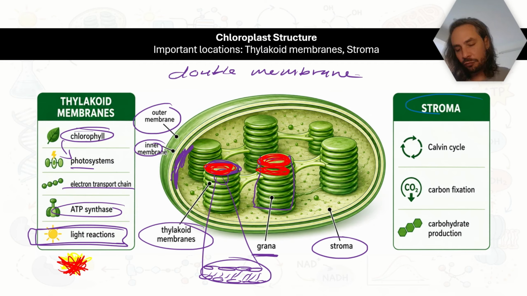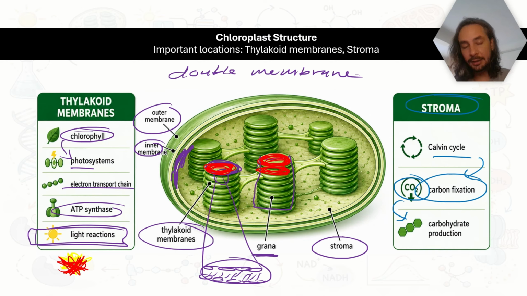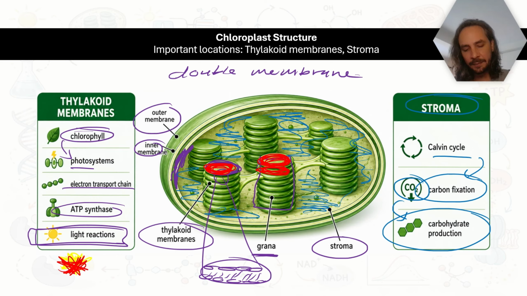And then in the stroma of the chloroplast, this is where we find the Calvin cycle, which is used for carbon fixation. Basically, taking in carbon dioxide and turning that carbon dioxide into a carbohydrate. So that's for carbohydrate production, and carbohydrate production will happen here in this fluid-filled space. And these reactions are also sometimes referred to as the light